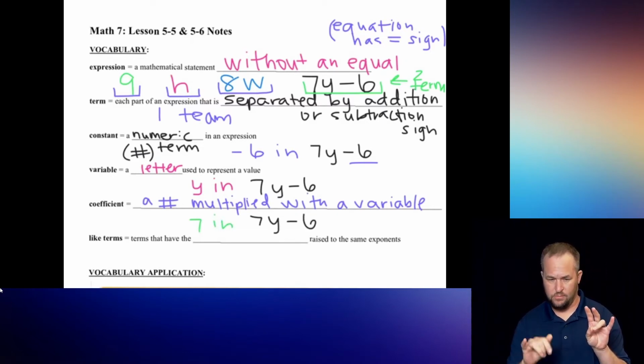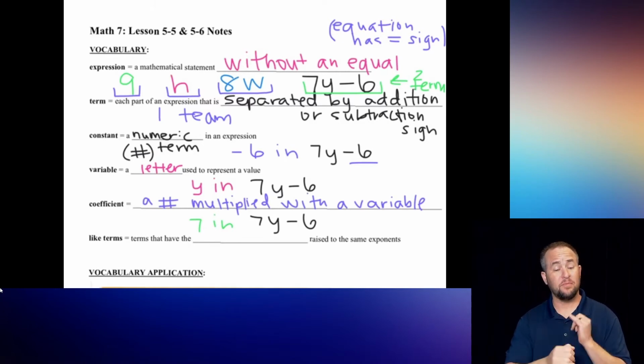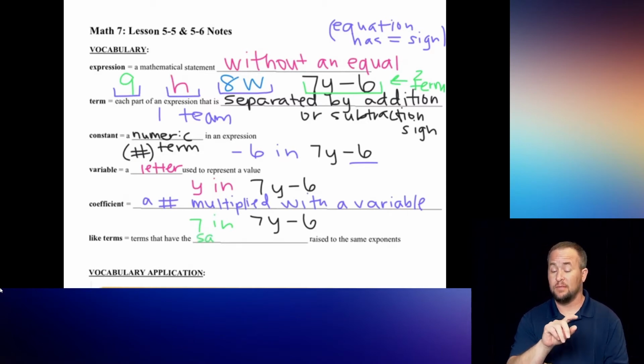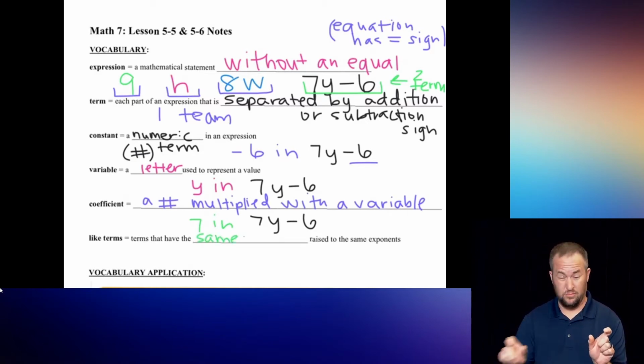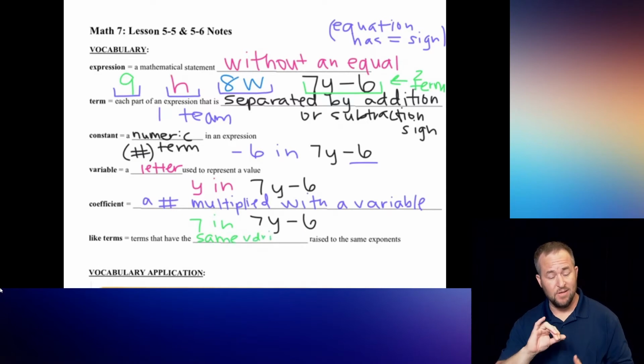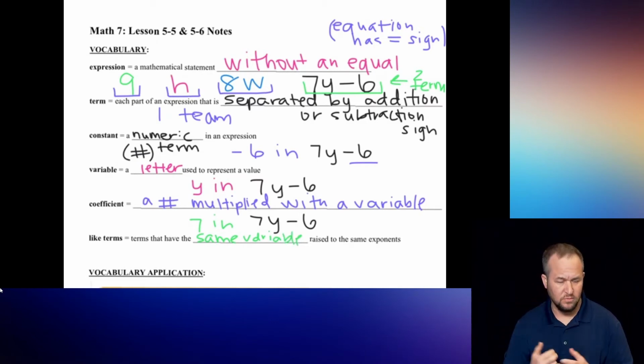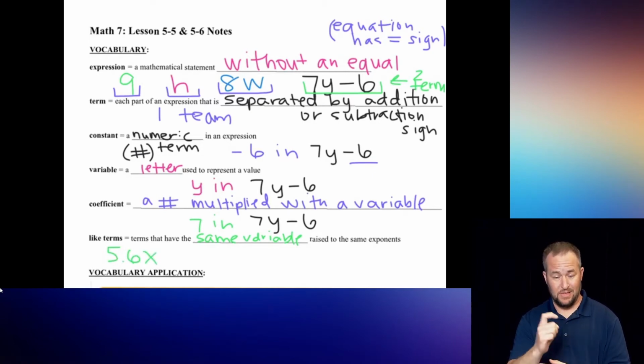All right, and then the last thing we're going to look at is like terms. And the definition of like terms is terms that have the same variable or same variables raised to the same exponents. So for instance here, we could use like 5x and